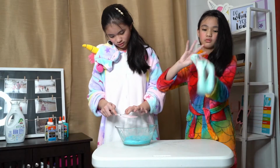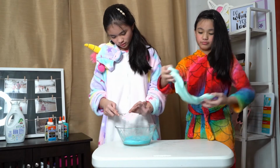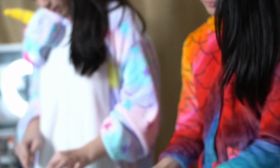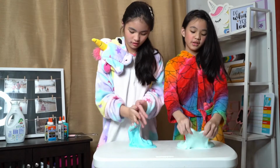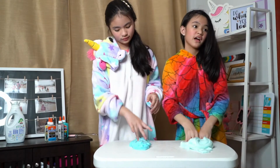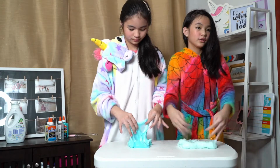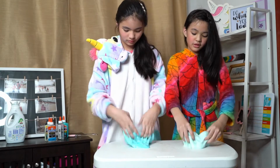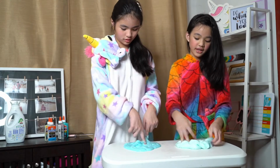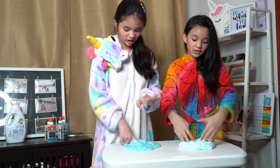I'm going to put it near the light because I want to test if it's really working. So now when we're finished making our slime, we'll put it near the light so it can absorb it. So when we turn